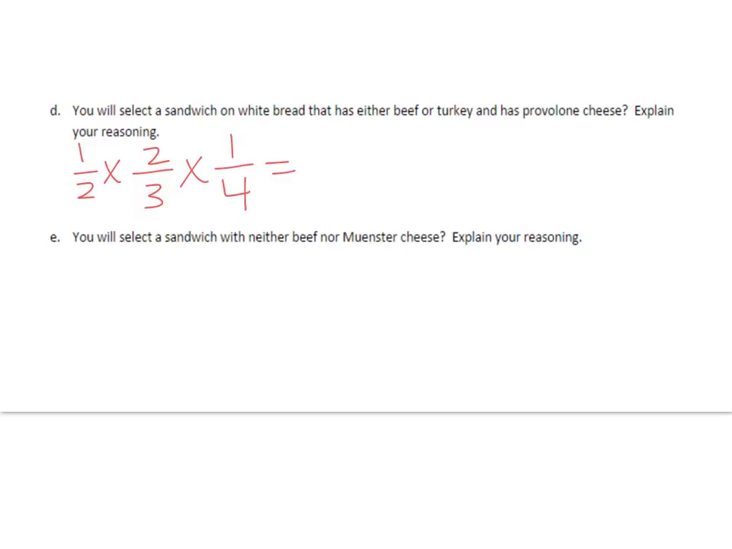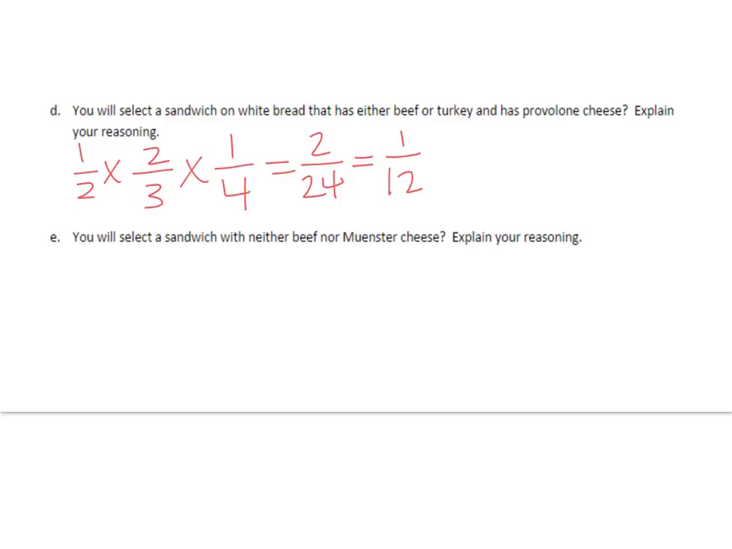1 times 2 times 1 gives me 2. 2 times 3 is 6, times 4 is 24. And 2 out of 24 reduces down to... I'm sorry, gosh, no, 1/12. Okay, so that's 1/12. Now, the other way, if you flip back to your tree diagram, okay, and you follow